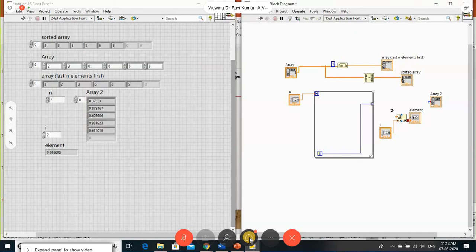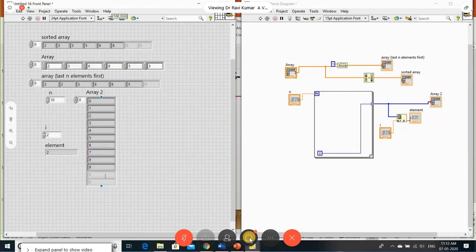Let me run this. Now you can see that the array starts from 0, 1, 2, up to 4, until the fifth element. So let me give it as 10 elements. You are getting the array elements as 0 to 9. Now you want to modify this.